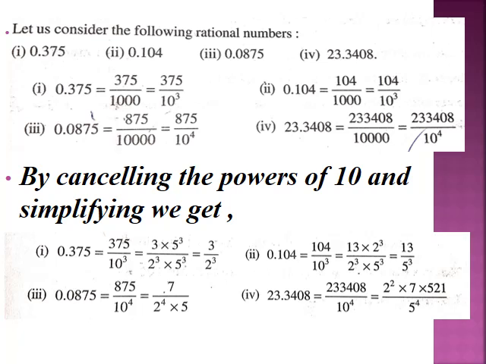So my dear students, if you observe here, the denominators of these rational numbers are either in the form of 2 into 5, or only 5, or only 2. And if you recall, in the Standard 9th first lesson we discussed that when the denominator is of the form 2 raised to m into 5 raised to n, then the decimal expansion is of terminating type. So the same knowledge we are applying here.